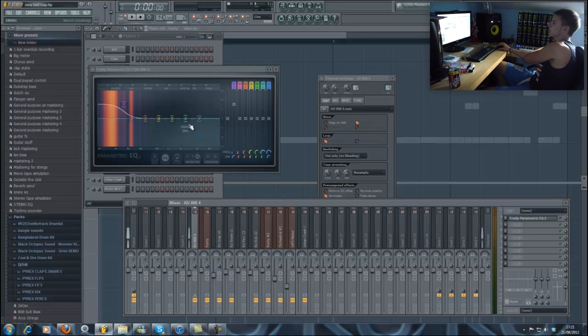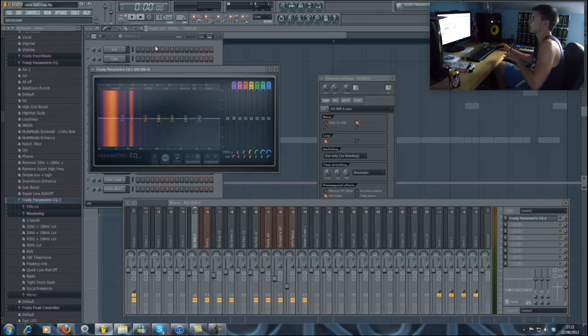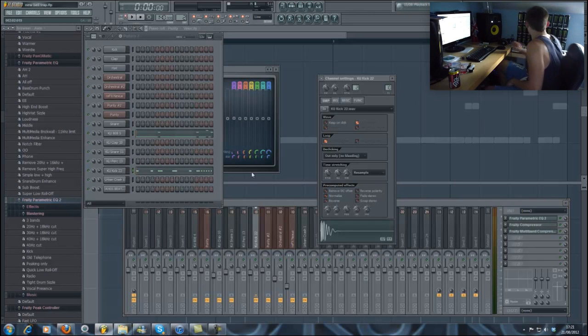But I think it loses that kind of strange sound that 808 has to it. It's not just clean sub bass. It loses that sound if you boost too much, so I'm going to leave that one. On the kick,